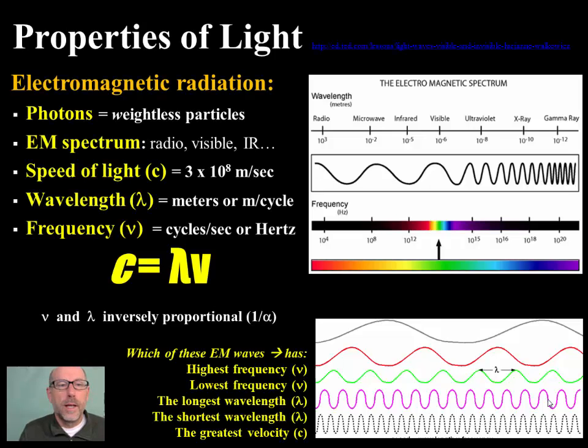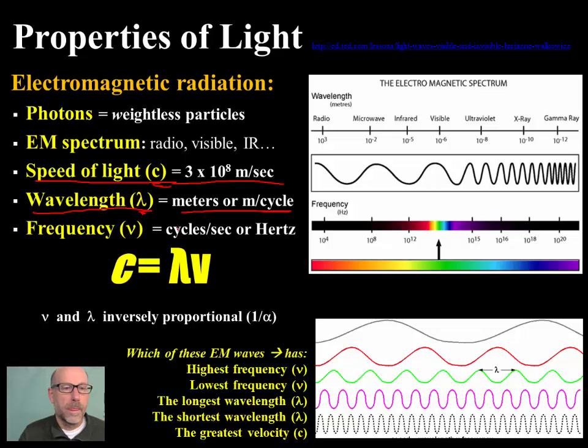Everybody. Today we're going to take a look at light again, and we're going to think about the wavelength and the frequency and maybe even the energy of photons of light. In our last lesson, we thought about the different types of light, and we even introduced these concepts of the speed of light, which is given the letter c, and its number, which is always 3 times 10 to the 8th meters per second. We considered wavelength, which is given the symbol lambda and has units of meters or meters